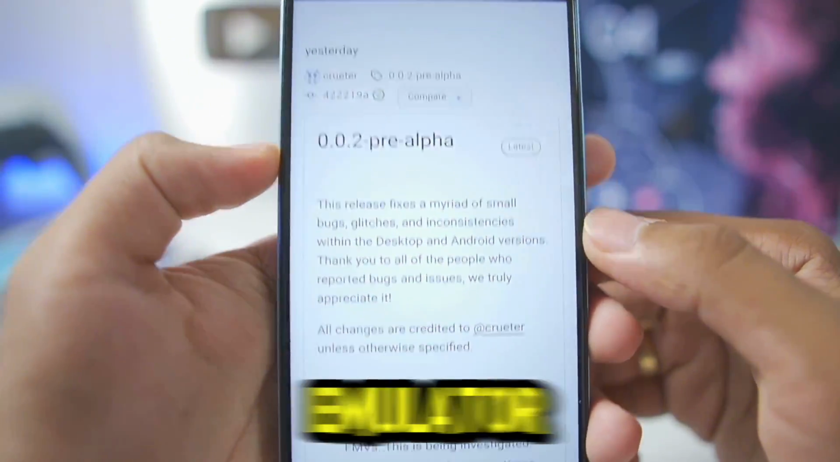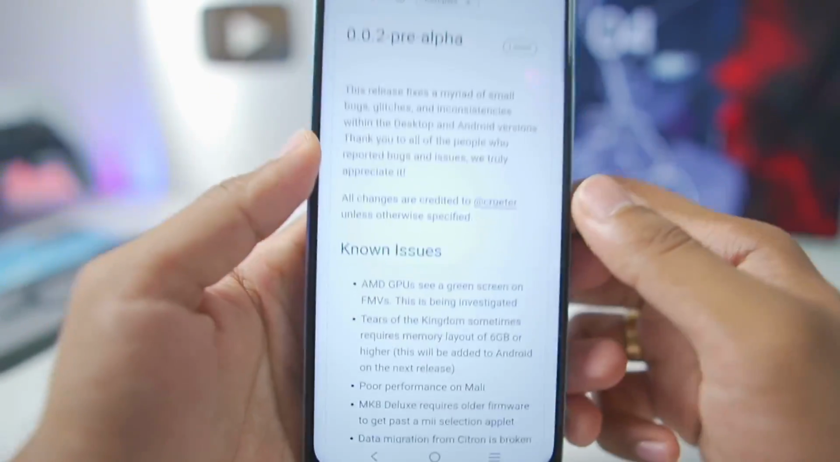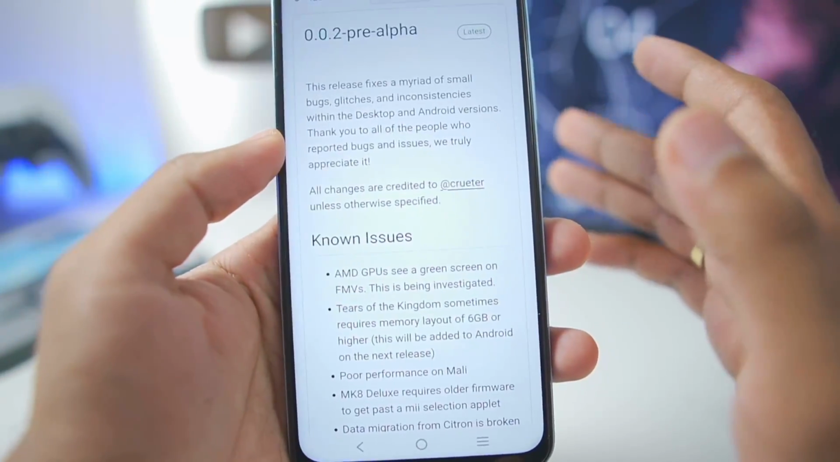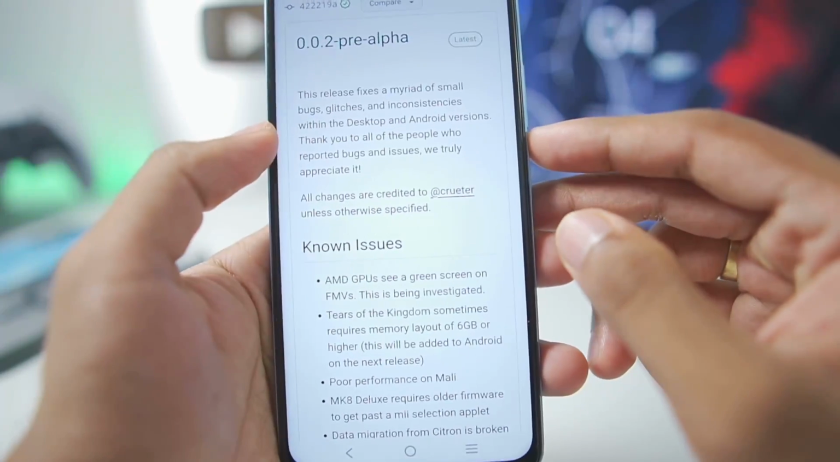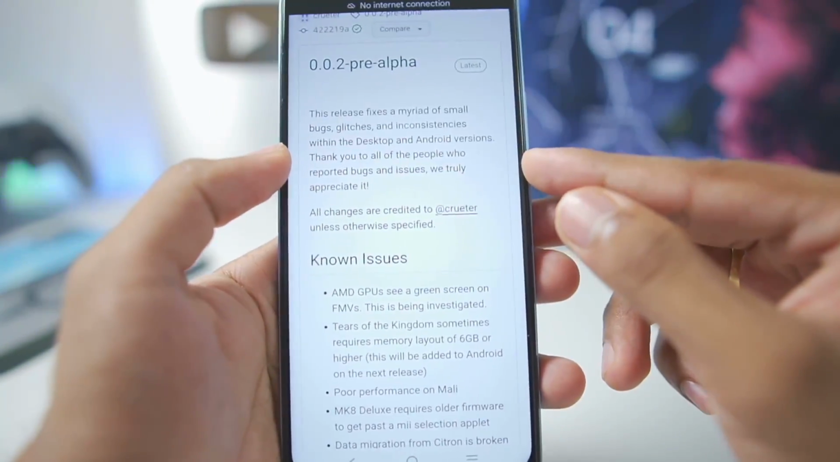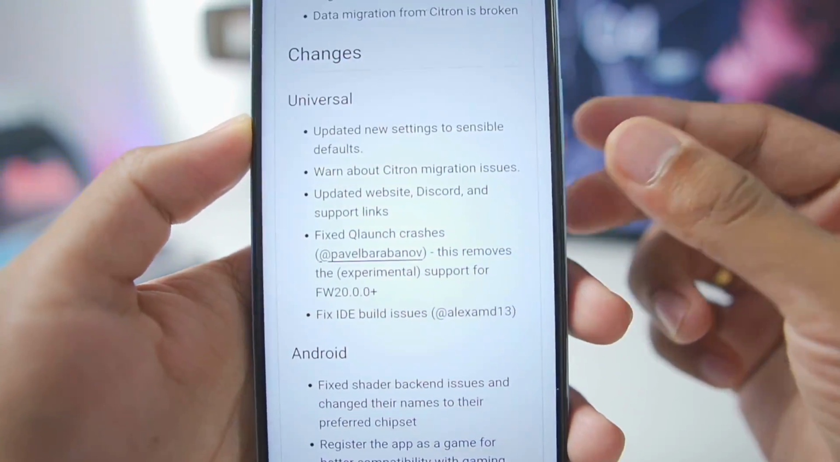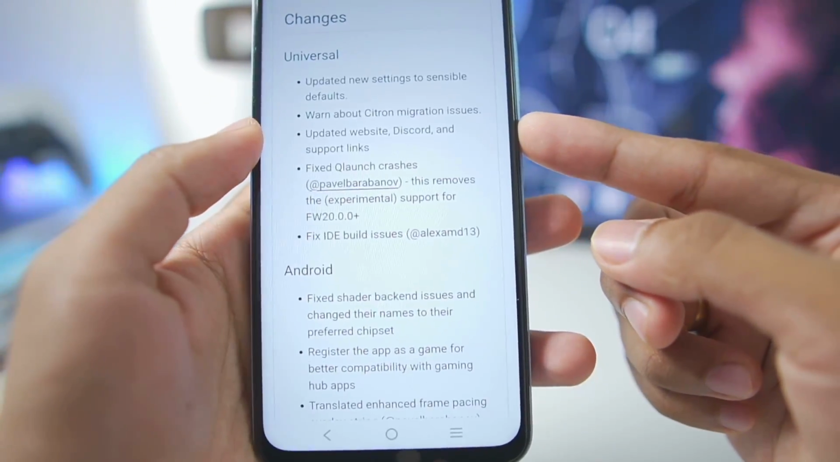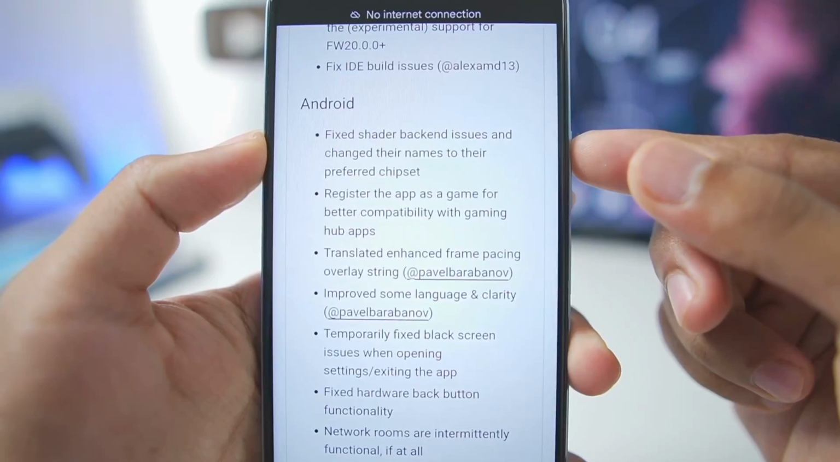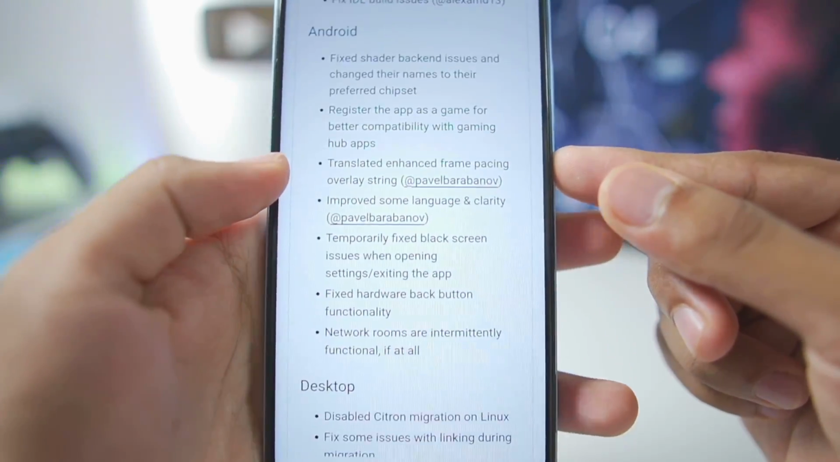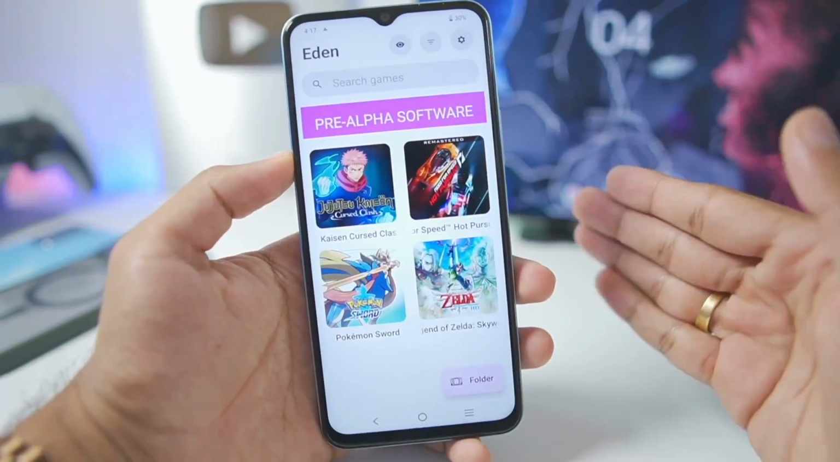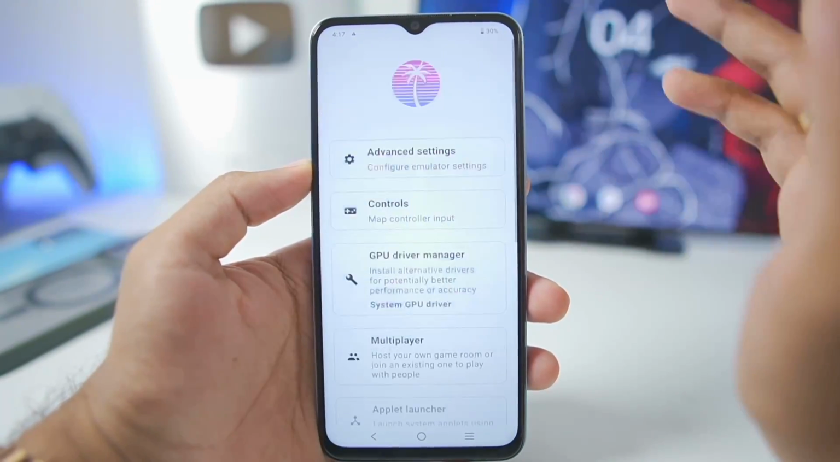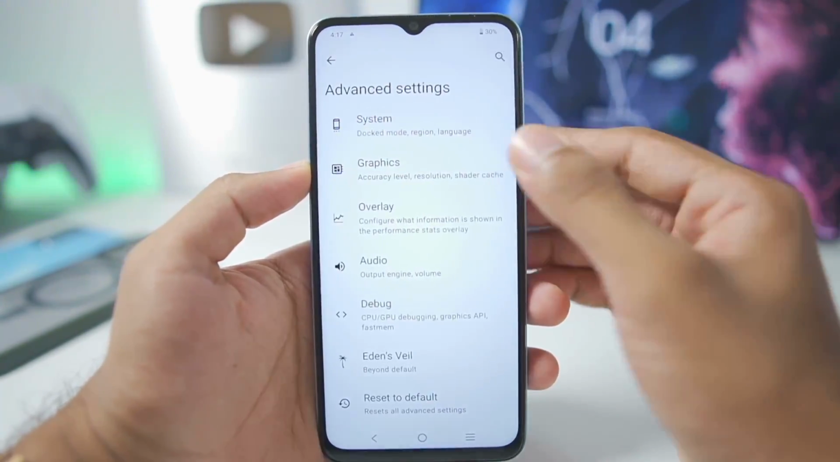In terms of the Eden emulator's 0.0.2 pre-alpha build, which was released yesterday, it contains a lot of fixes such as bug fixes, glitches and inconsistencies with the desktop and Android version. You will be able to check out the changelog on the official open source GitHub of Eden emulator: updated settings, warnings about Citron migration issues, fixed shader backend issues, and also compatibility and performance fixes and some bugs. Once you add the latest version of Eden emulator on your low-end Android devices, let's start off with the best